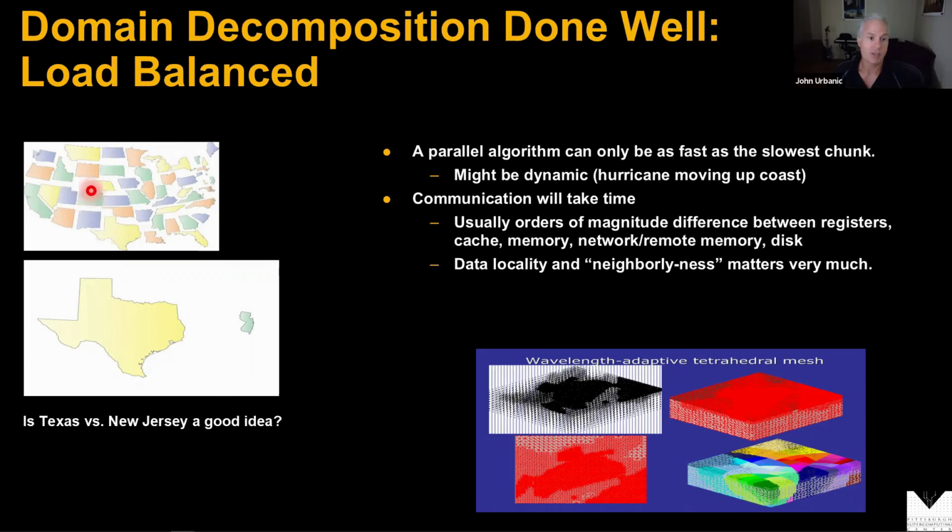And so what we actually have here is a case where not only do we have a complicated mesh, but it's a dynamic mesh. It's changing as the program runs. As the hurricane goes up the coast, the mesh should adapt with it. And this kind of adaptive meshing is an important thing to do for a large class of problems.